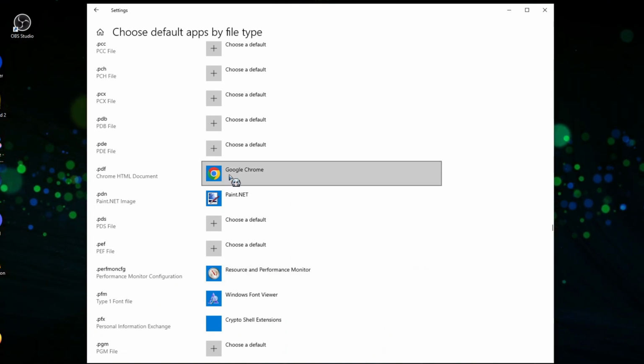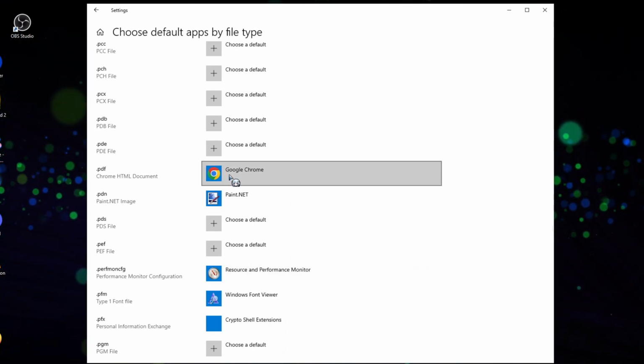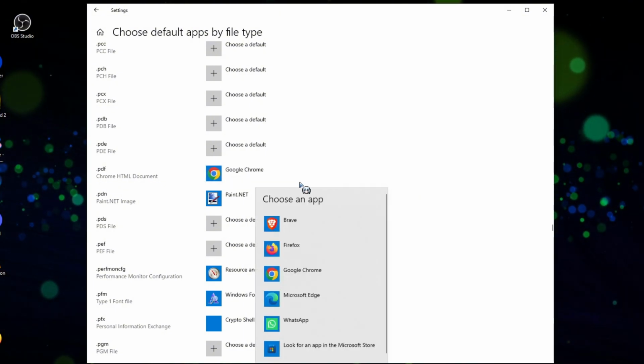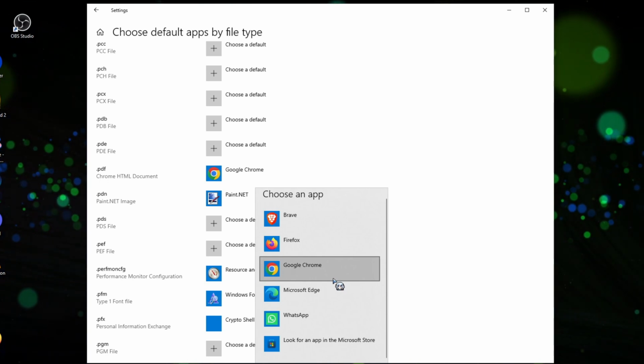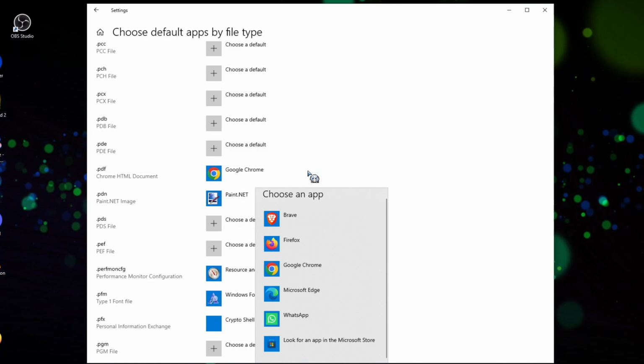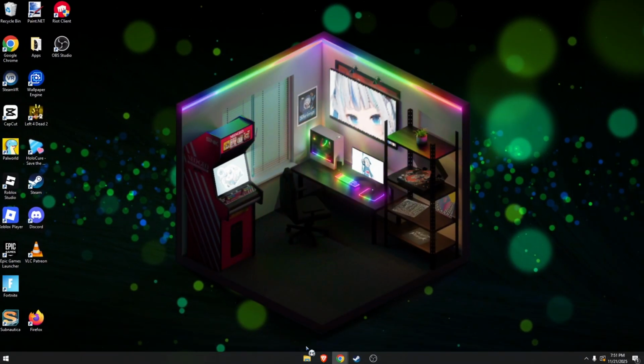As you can see, it's already set by default, my Chrome browser. If you want to change this, you can just simply click on it and choose any other PDF opener for this, all right? Now, once you have successfully set this up, you can now close everything